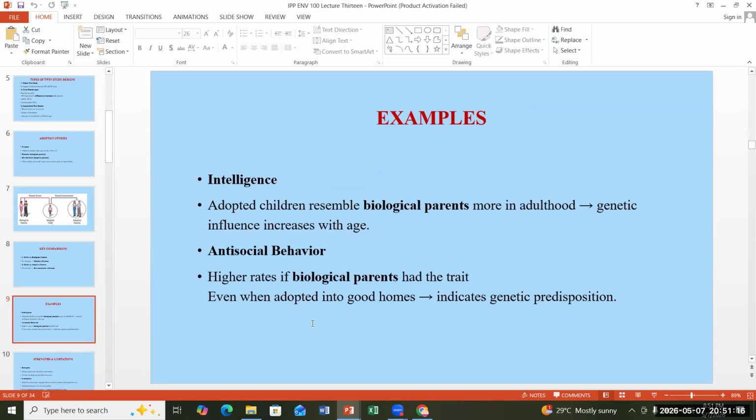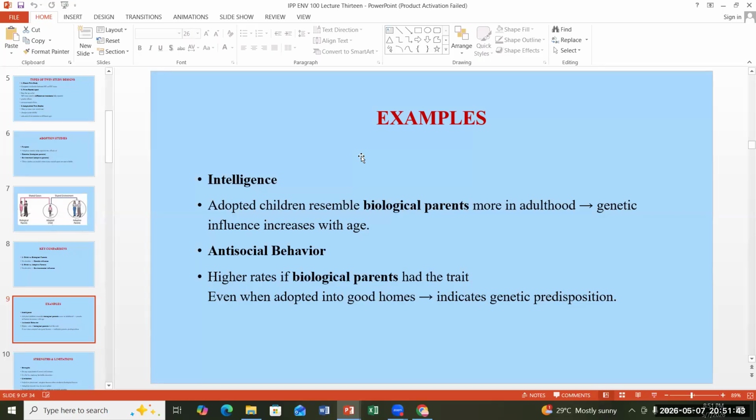There are certain examples from which we can understand. For example, what do you think? Can an adopted child have a better IQ than their biological parents? Can this be possible? Yes, because they must have been raised in such an environment. For example, if the child who